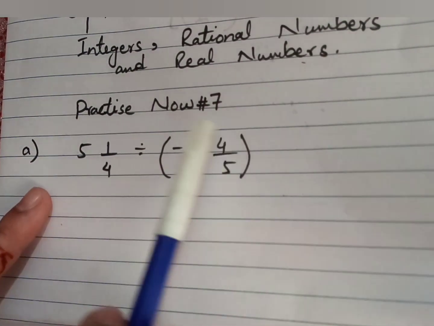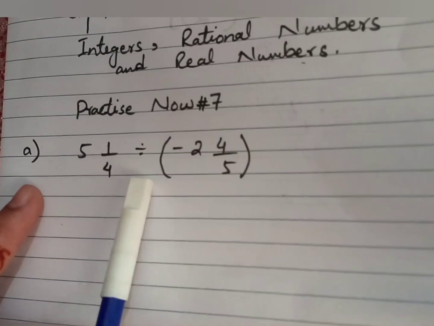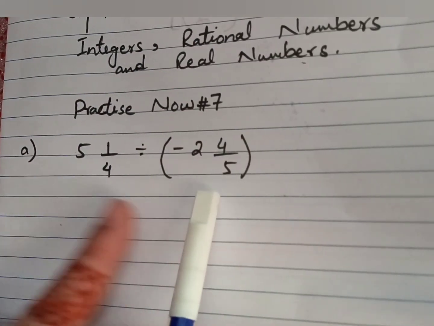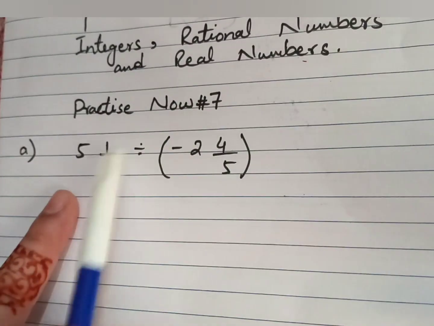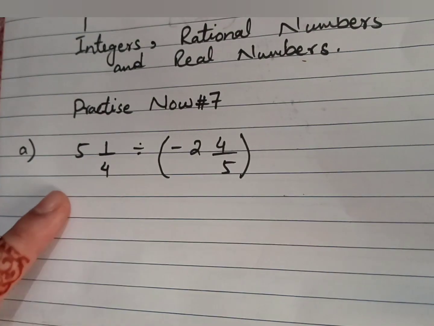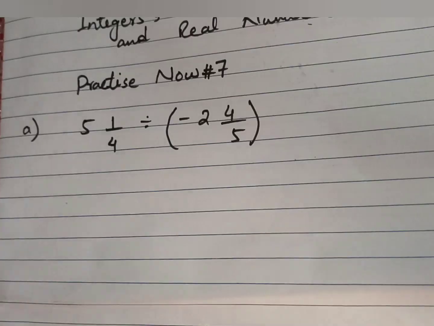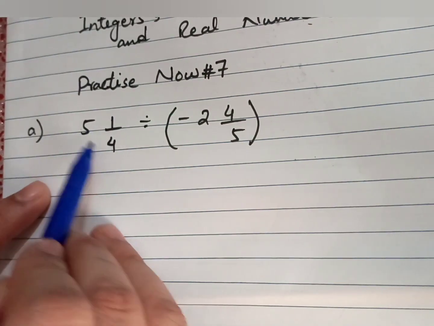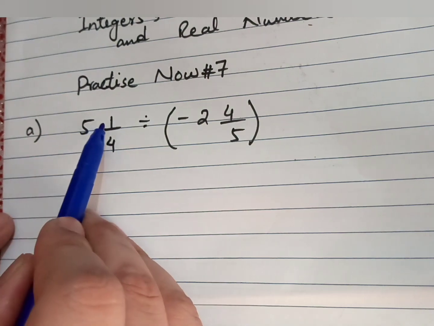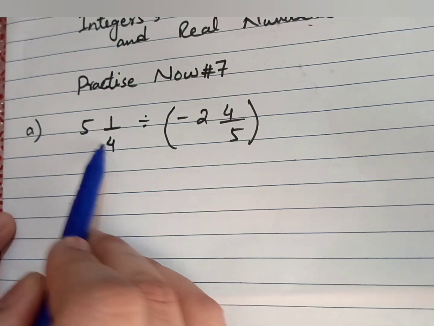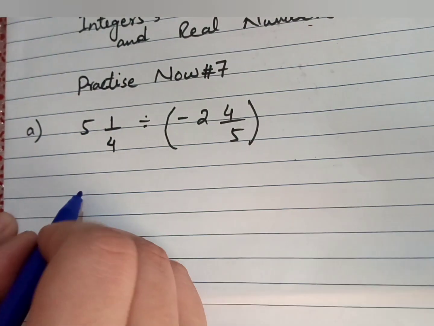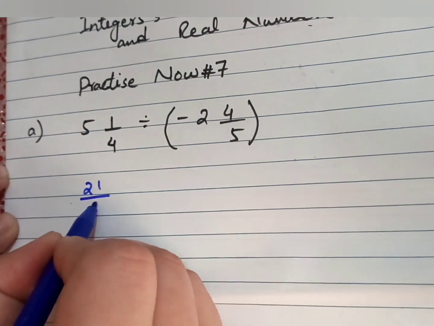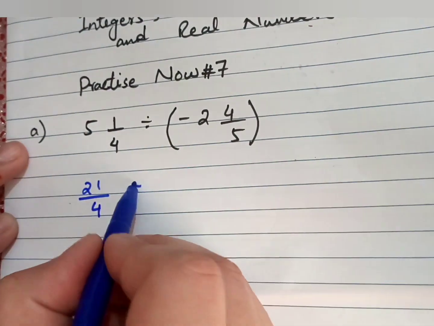First of all, when there is this type of question, it is your own choice whether to solve the bracket first, or you can also solve the mixed form first. So I will solve the mixed form. So let's start our question. Bismillahirrahmanirrahim. Firstly, we multiply the denominator with the whole number: 4 5s are 20 plus 1. Always add the numerator. 4 5s are 20 plus 1, 21. 21 by 4. Then divide.